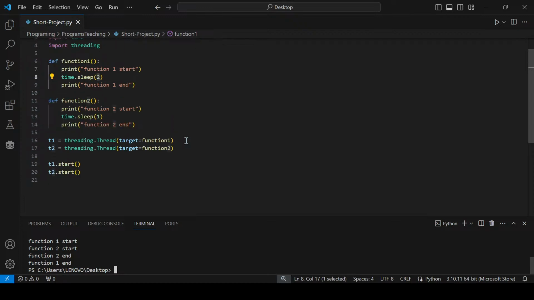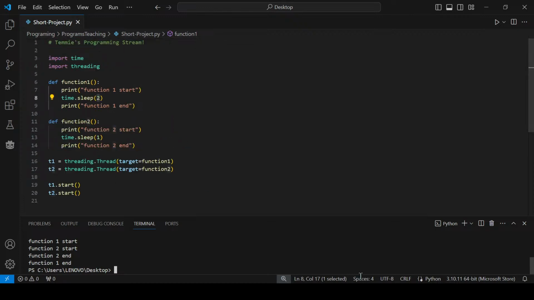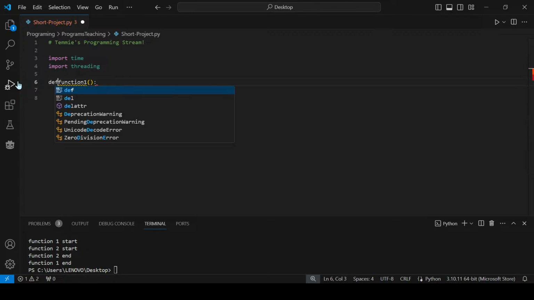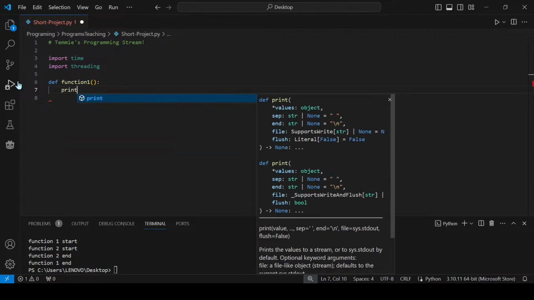Anyway, now we're back. So we have seen how threading works, right? Now, one thing is that you need to sometimes calculate the runtime for a function, the execution time. That is actually used in many different things. So let's quickly do this. I will create a function, let's say function 1 again, and in this I will create a few statements, so like print